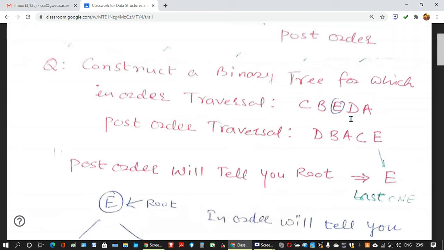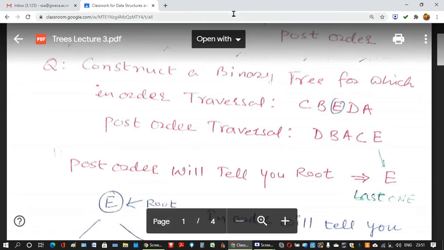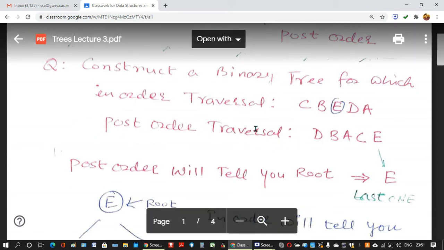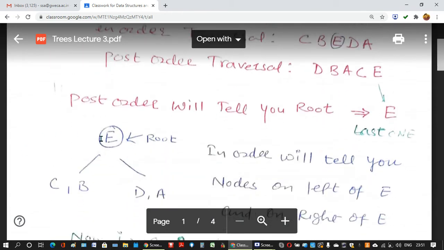How to do that? You know that in post order traversal, the root goes at the last position: left, right, and then root. So you take this post order first to identify the root. Here you identify E as the root, so you write E as root.